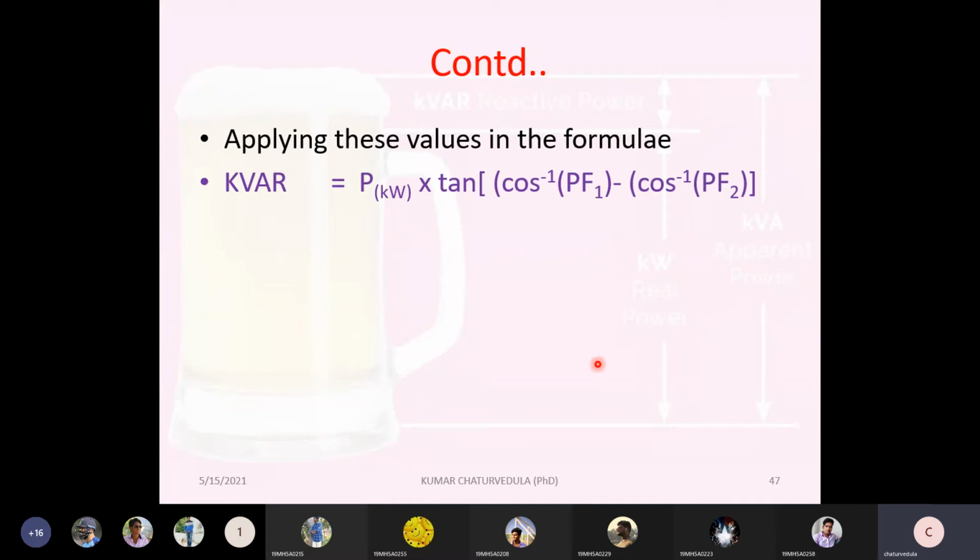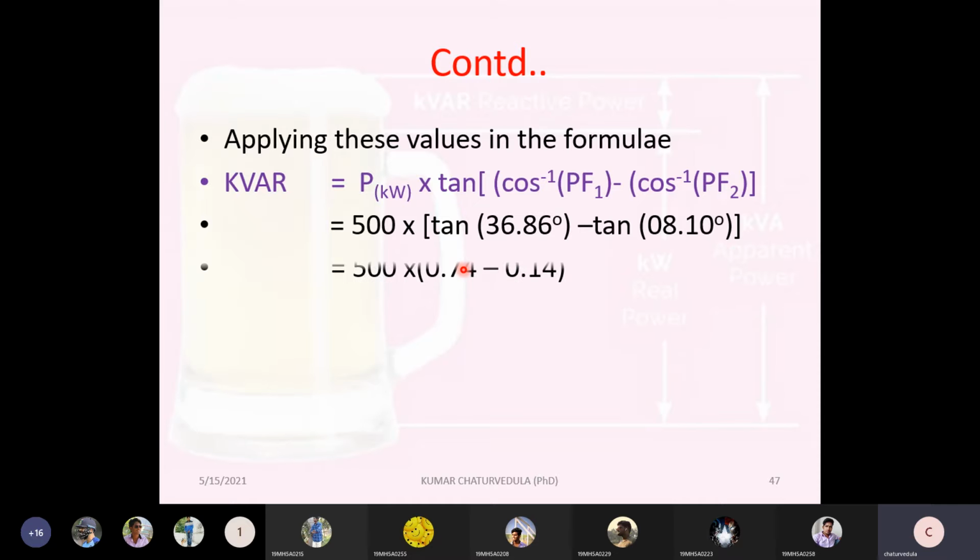So kVAR required is equal to P into tan of cos inverse of power factor 1 minus cos inverse of power factor 2. So P is 500 kilowatt. Cos inverse of PF1 we have got 36.86, so tan 36.86 minus tan 8.10, and that is going to give me the value 300. Okay, so 300 kVAR is the required value of kVAR to improve the power factor